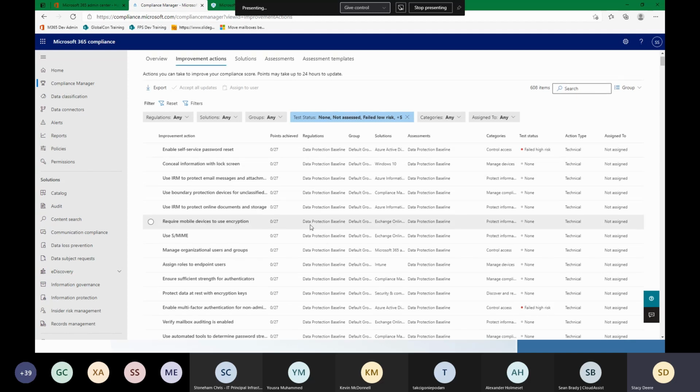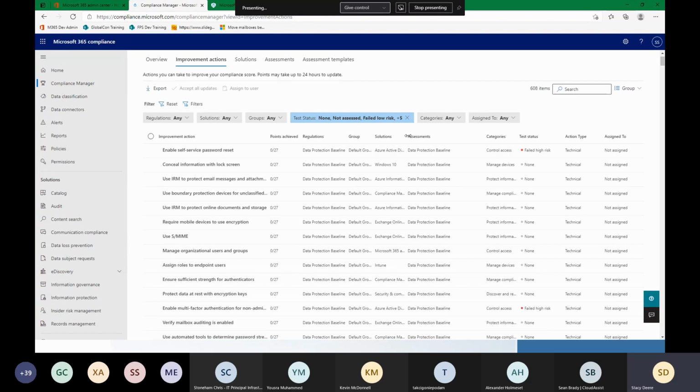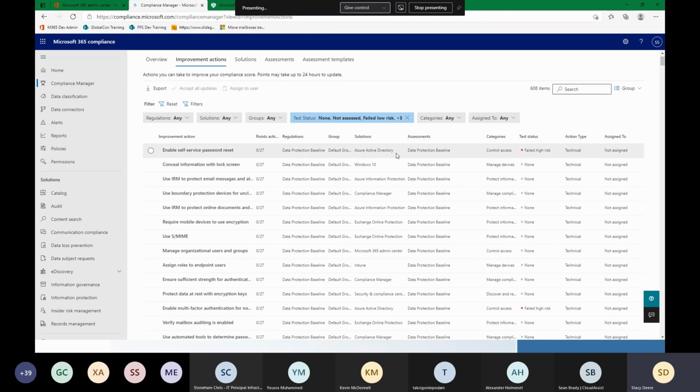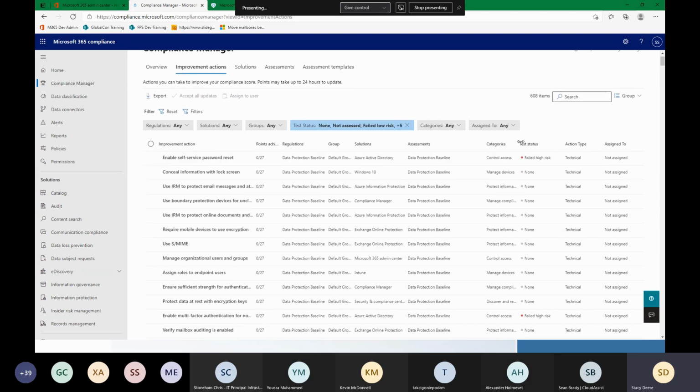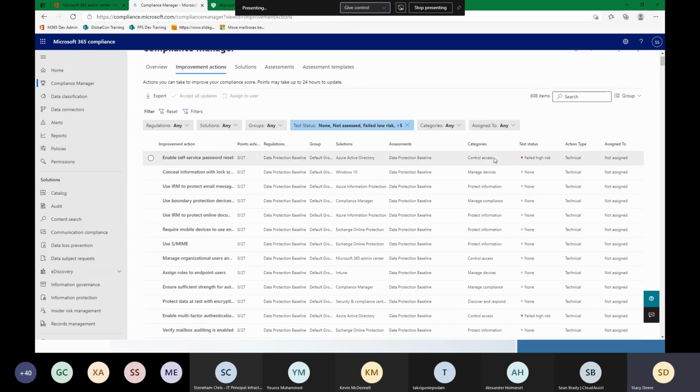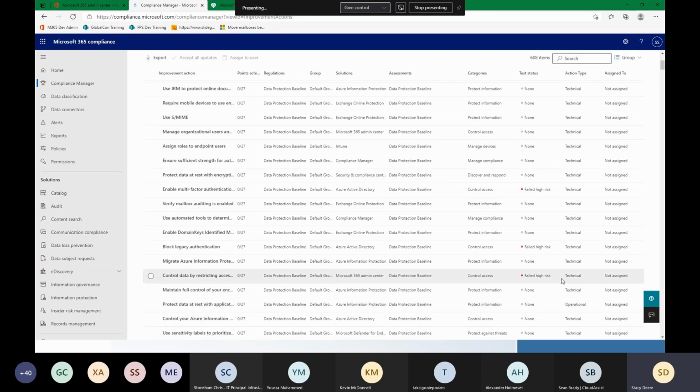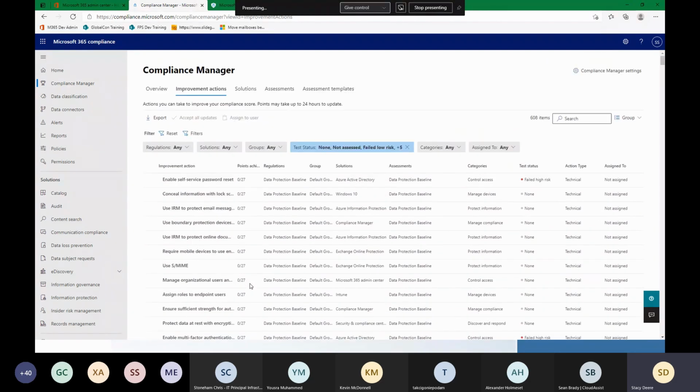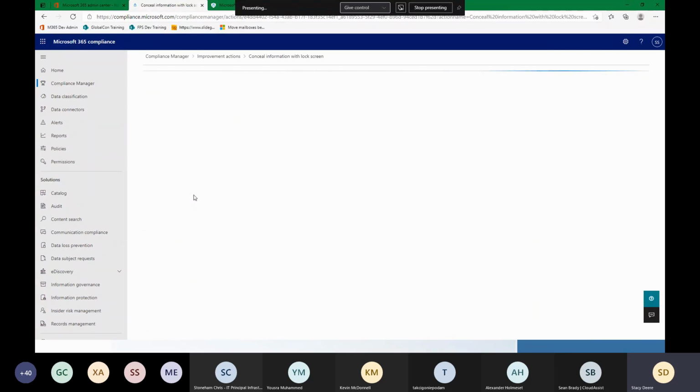If you notice here, it shows you the regulations, the different solutions in here. So notice you got Azure Active Directory, Windows 10, Azure Information, Compliance Manager, Exchange. You have different areas, okay? And then you have the different categories as well: control access, management, compliance, protection information, etc. Okay, now notice some of them that have run actually failed. So it kind of goes through these different things in your environment, sees if they're working or not. So if I open up one of these,